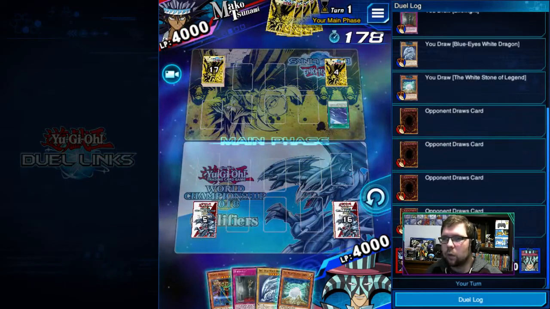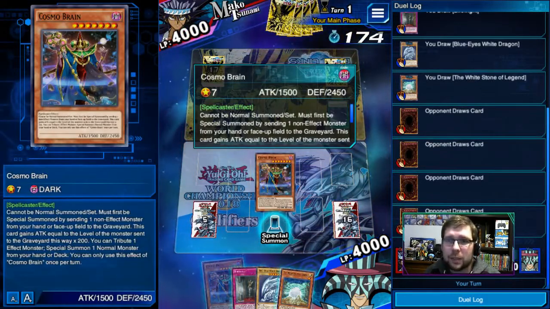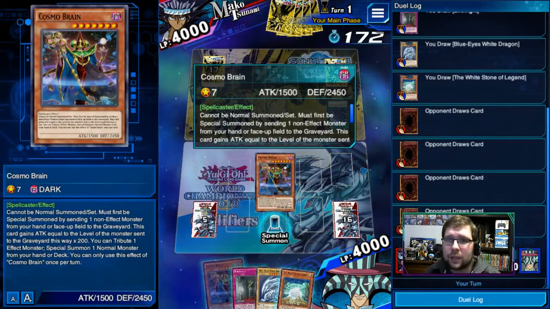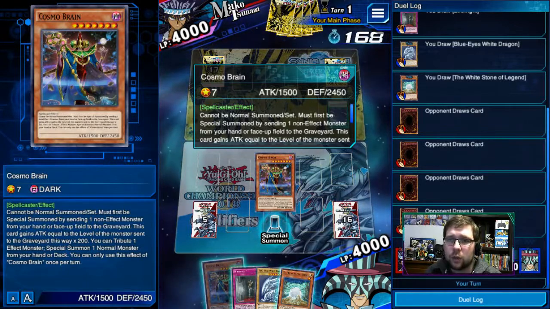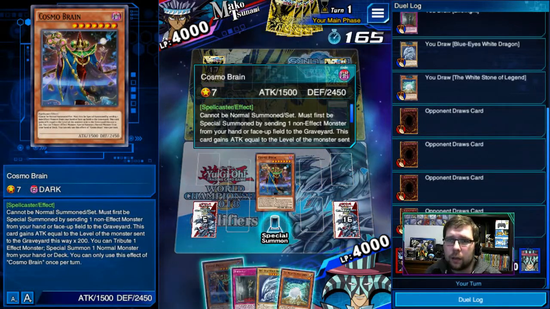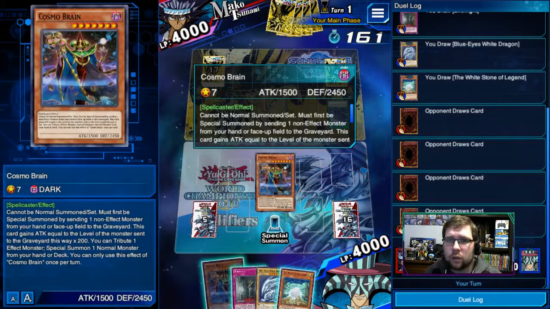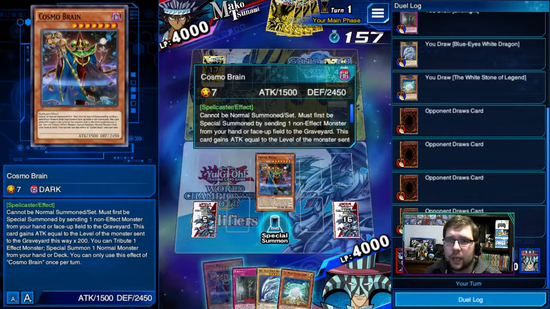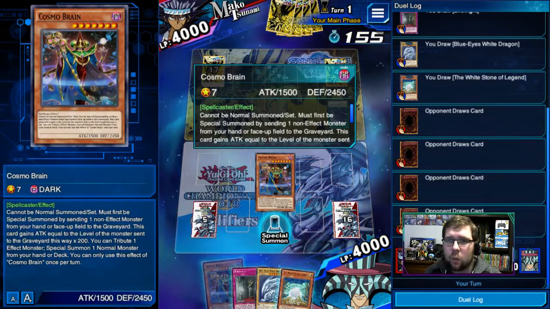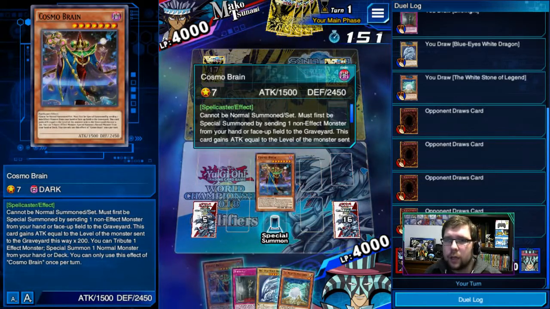Okay, so right out of the gate, we have this. This cannot be normal summoned or set. Must be special summoned by sending 1 non-effect monster from your hand or face up on the field to the graveyard. And you contribute this card to special summon 1 normal monster from your hand or deck. You can only do this effect while you control 1 Cosmo Brain. You contribute 1 effect monster. Okay, so